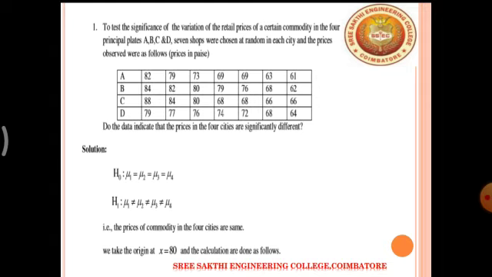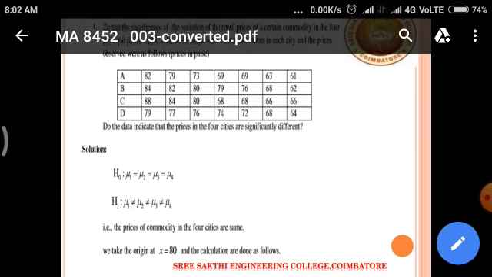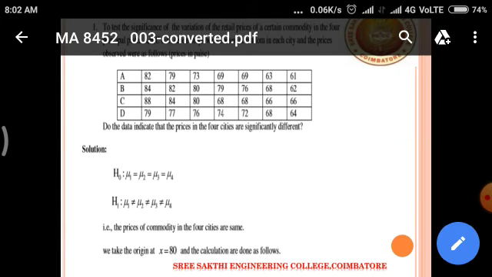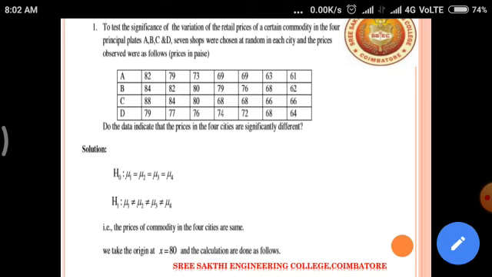We can see another one, that is application, basically the uses. CRD is more useful in laboratory techniques and methodological studies, for example in physics, chemistry and biological experiments, and in some greenhouse studies also. Next, we can see one more problem.